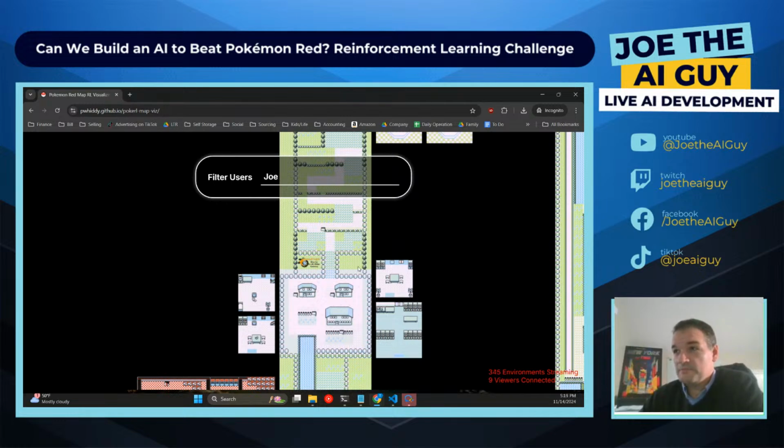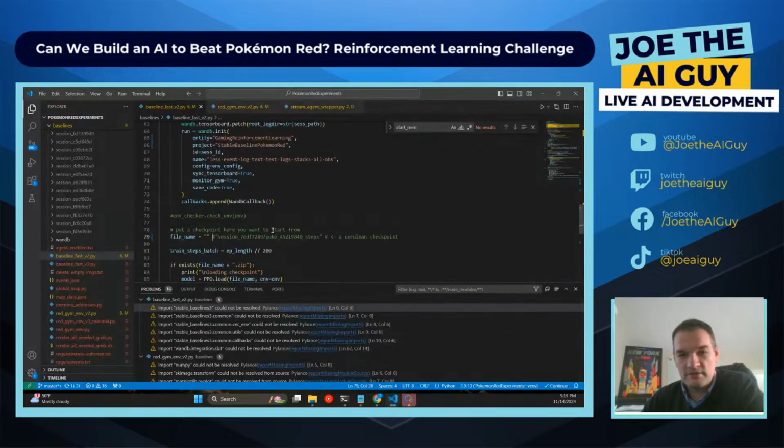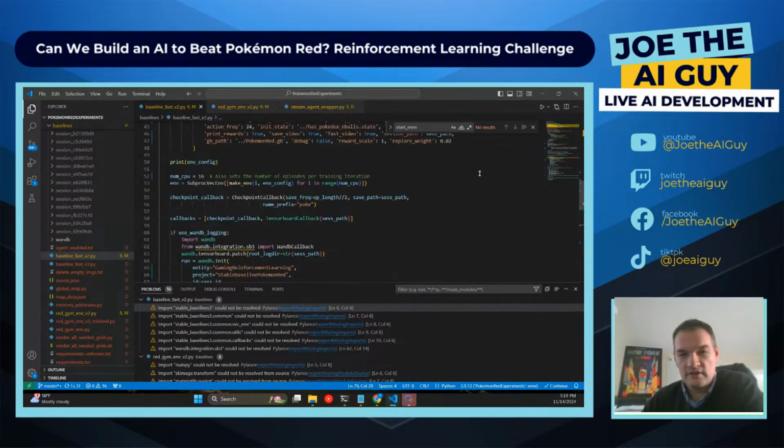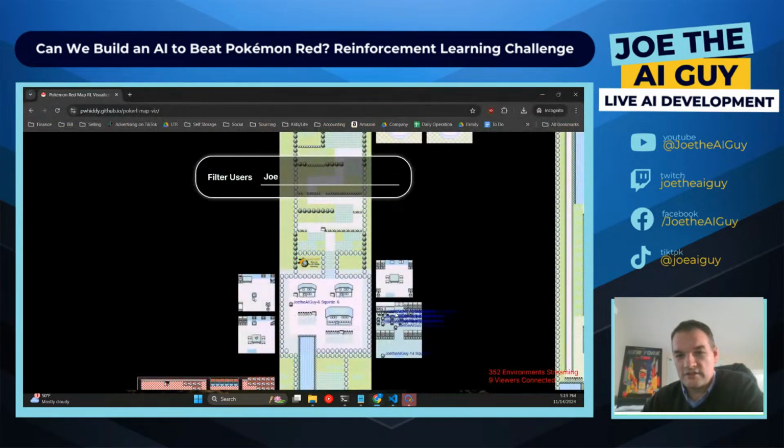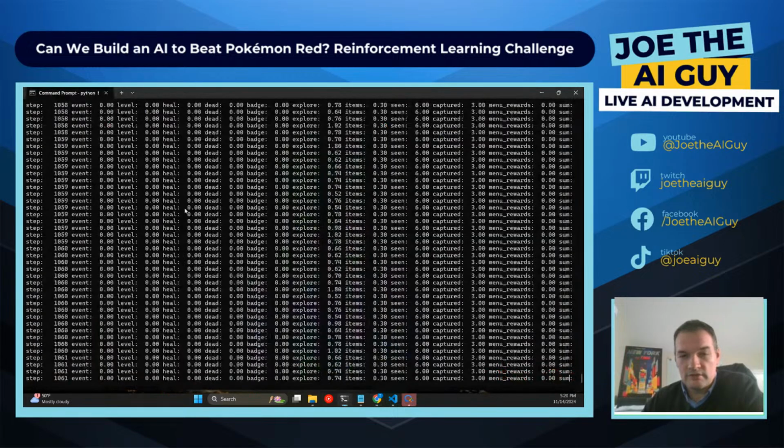It may be challenging to keep this going. We will see, because there's 16 instances running, I believe. Yeah, 16 instances running. Keeping this going simultaneously will be challenging for the computer itself, but I really just wanted to see if I had set everything up with WandB, loading things correctly. So if I go here,